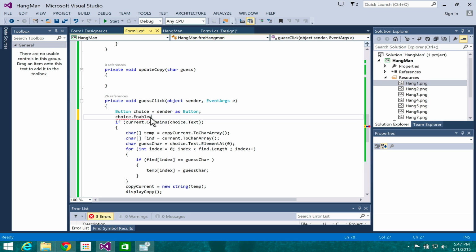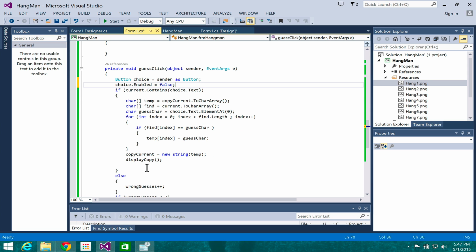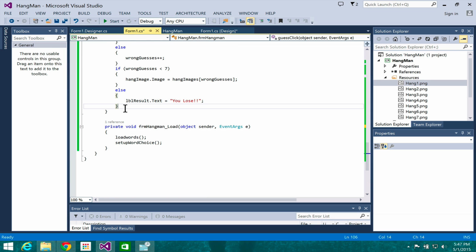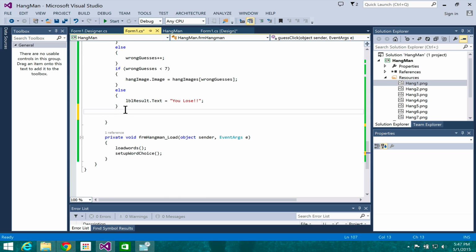I'm going to take enabled and set it to false. That way, when they make a guess, it'll turn off that opportunity for a guess, so they won't re-click the same button. The last thing we need to do is, if they successfully check the word and find it correctly,